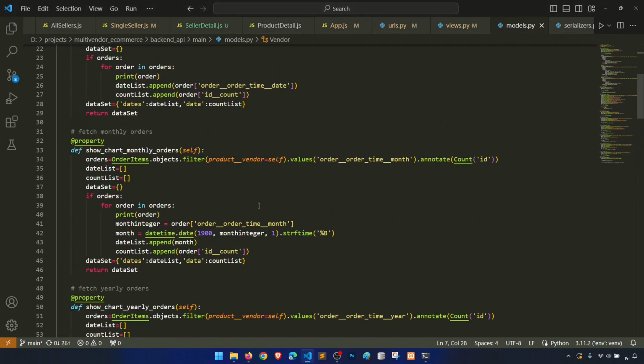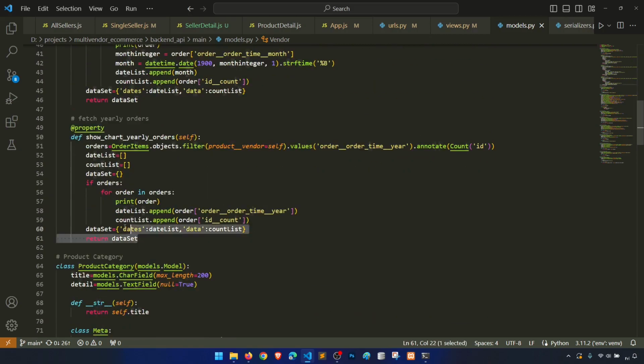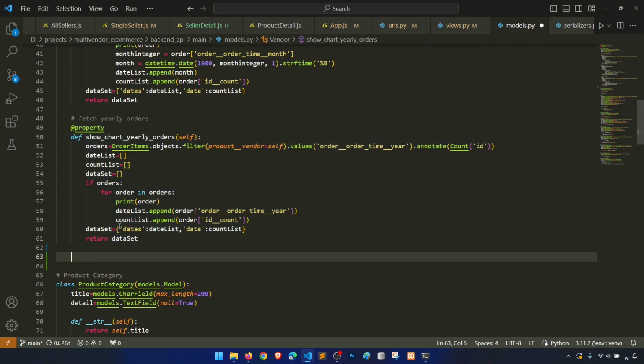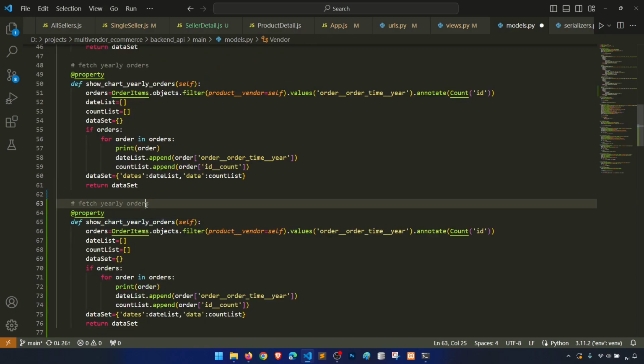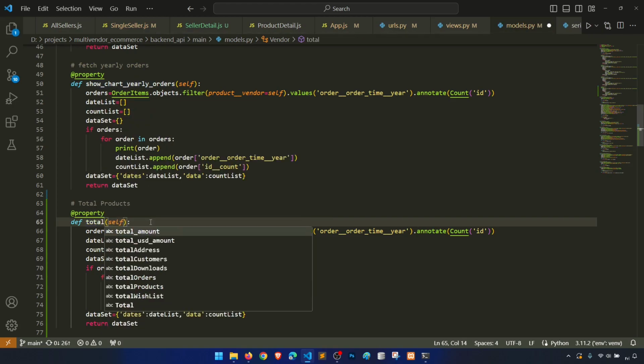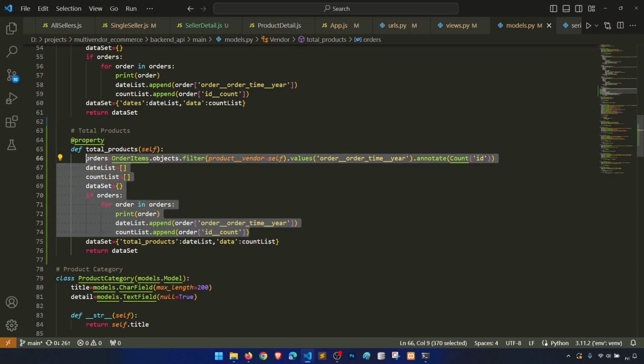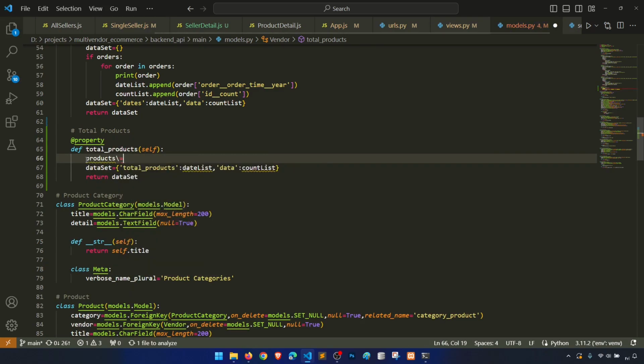What else can we do? We can count all the products, right? So we'll say fetch total products, total products. So this is the data set. So we'll say total products. We need to just count the products. So products equal to, product count equal to